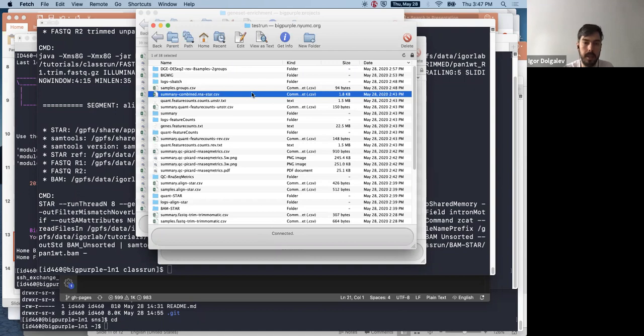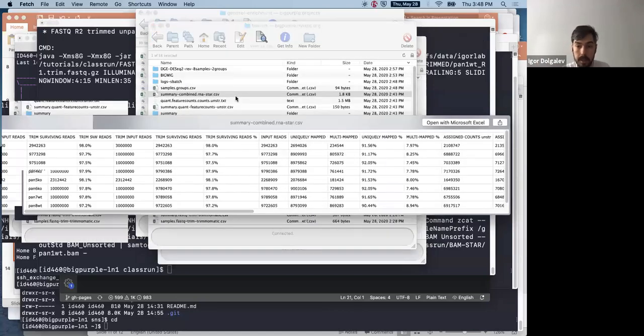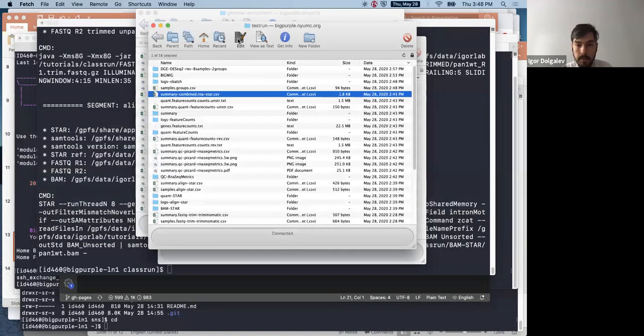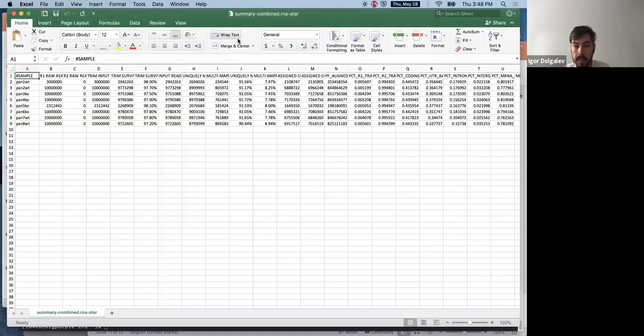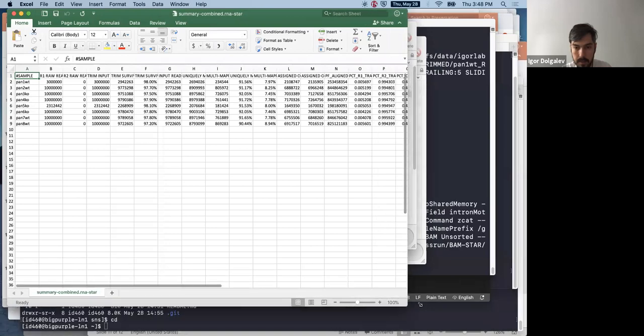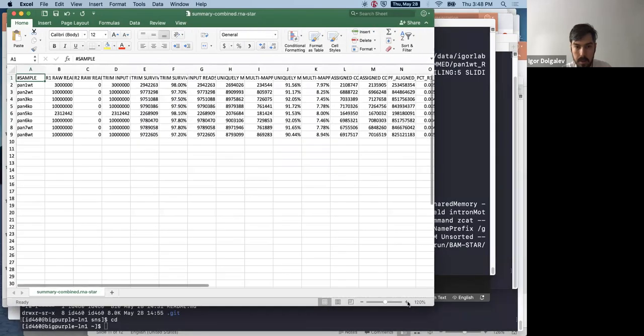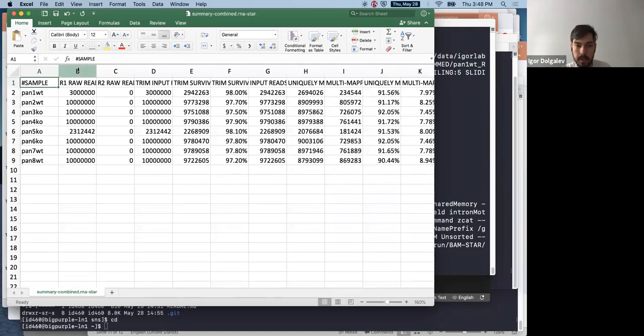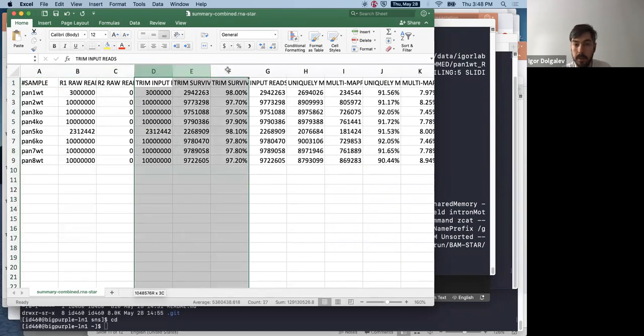And then, as I also mentioned, all of the summary files are eventually merged into the summary combined, which is a single file that contains all their information. So every time I do RNA-Seq analysis, this is the file that I check to make sure everything looks okay. It's a CSV file, so it should be openable in Excel, and it's a little bit easier to read for human eyes. So again, we saw some of the previous information, such as the number of reads and the trimming statistics,